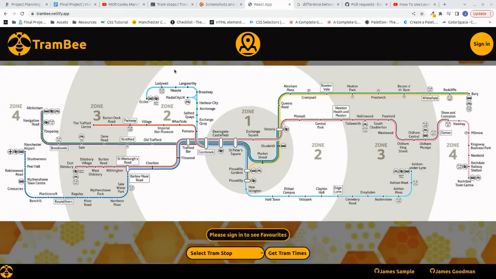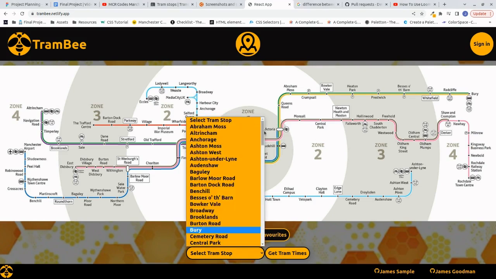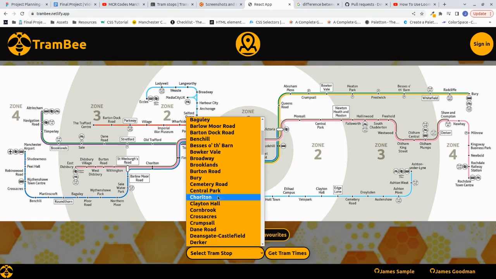Hi, welcome to our app, TramBee. At the top you can see the nav bar, which has the home button to the interactive map, and a sign-in button for Google login. Beneath it is the tram line map for all the stops in Manchester. Beneath this is the reminder to sign in to log a favourite button, and beneath that is the tram stop selector. So we can click on this and we can select any tram stop